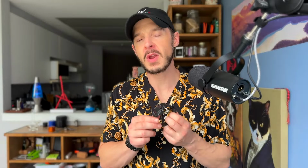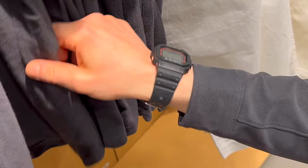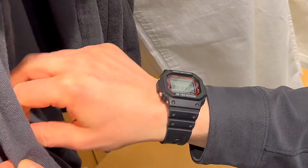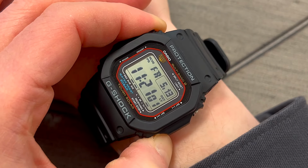It retains that nice rugged look of a G-Shock, but doesn't necessarily make you look like a special forces operative. It's simple and straightforward without being boring. So if you're looking for a G-Shock that's the perfect blend of comfort, features, and style, you should definitely check out the Casio G-Shock